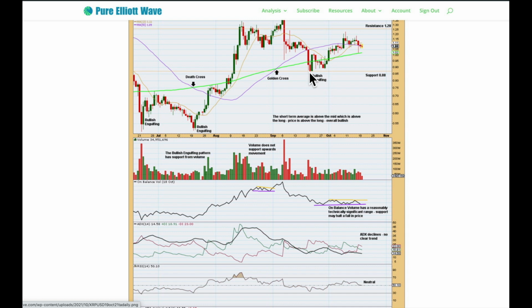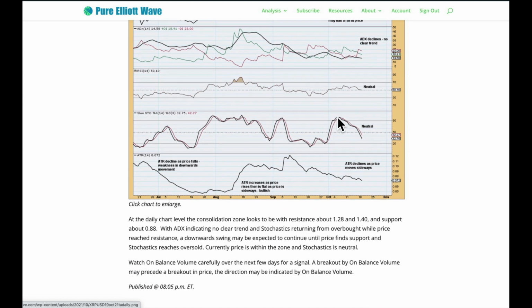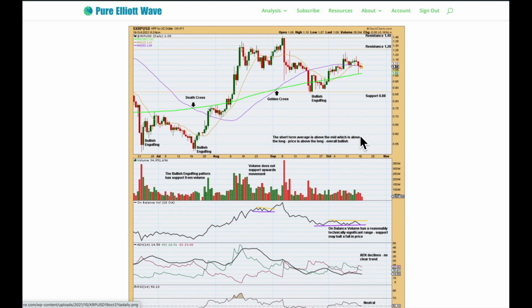We have a downward swing to support. Now we have an upward swing, nearly reaching resistance at 1.28. Stochastics reached overbought, and now stochastics is moving back down toward oversold. I would expect price to continue choppily to move lower towards support about 0.88, and that's another reason why I've left my invalidation point on my daily